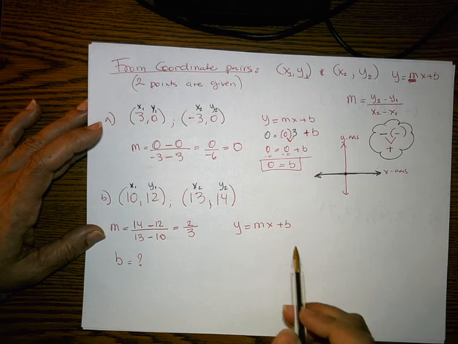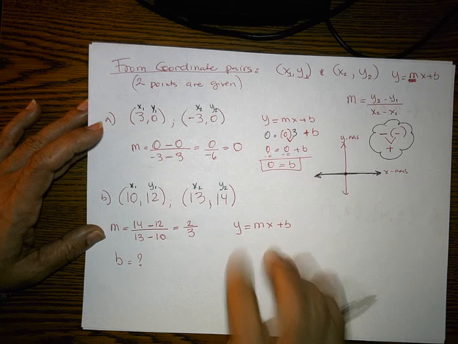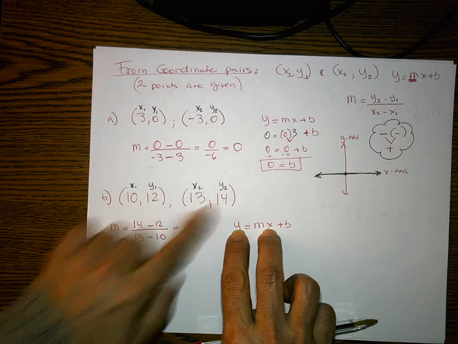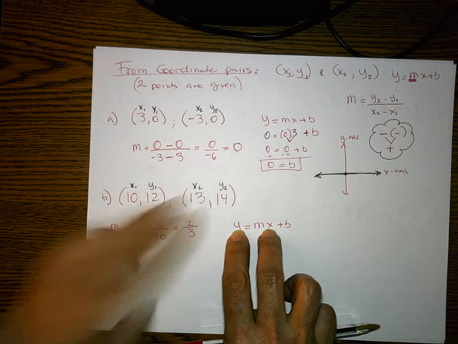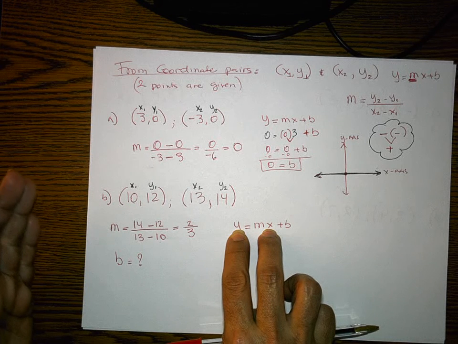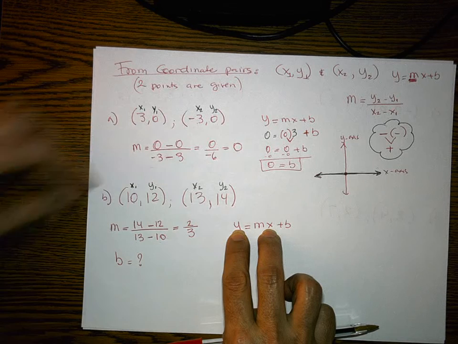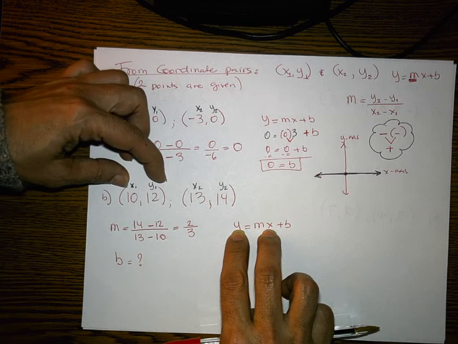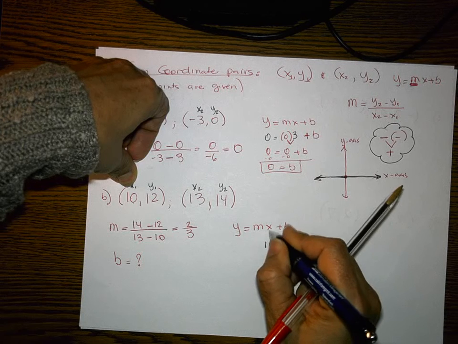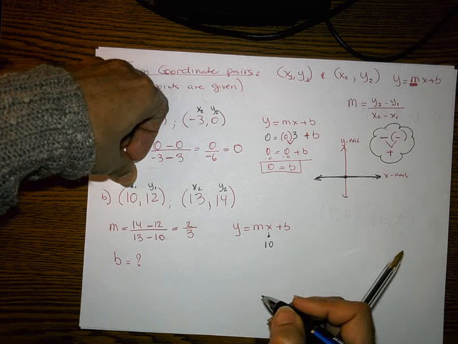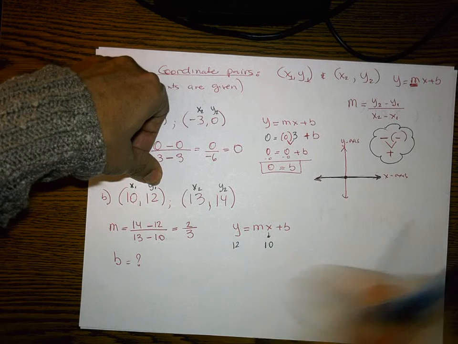So which x and y value would you like to pick? To me, it doesn't matter. You can pick either of the first two here or this second one. Pick a coordinate pair and solve it. I'm going to go with 10, 12. 10 is my x value, so I'm going to replace the x with the 10. I'm going to replace the y value with the 12, and I'm going to plug in the rest of the